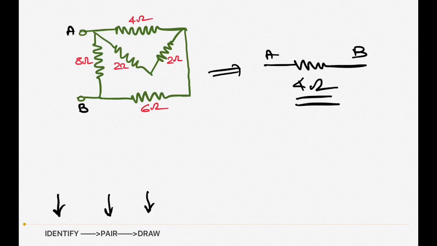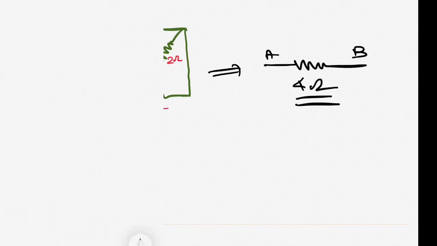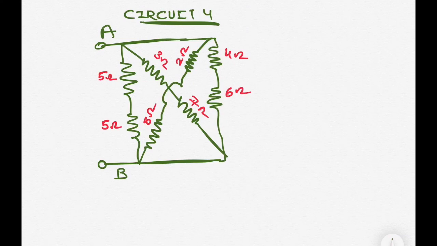Okay. So here in circuit number 4, you have to find out the equivalent resistance in between junction A and B. Here is one clue I want to give you because it's something different. When you are trying to find out the junctions, like junction A, and this is another junction, between this junction and this A junction there is no electrical element. That means both of these points, this point A and this point, are the same. Both are A. Similarly here, junction B and this junction, both are the same point.